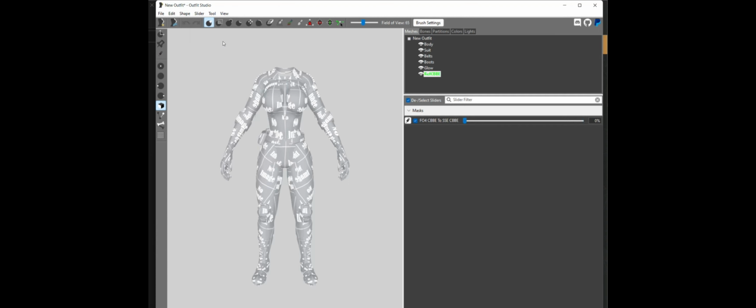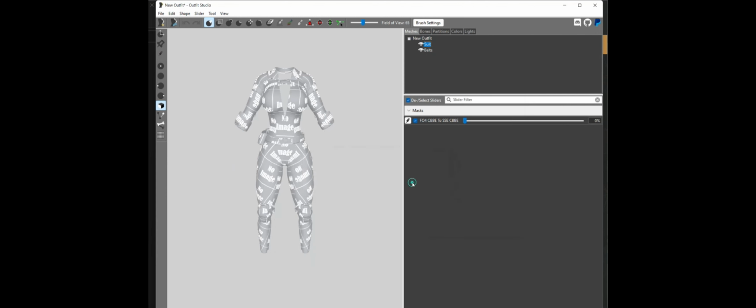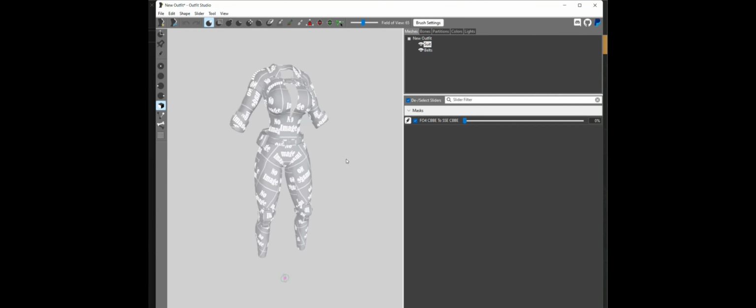Once this is done, I'm going to get rid of all the meshes that I don't want to keep for my armor. So body, definitely I don't need that. Suit, I'm going to keep it. The belt, of course, I will keep it. The boots and the glow, I'm going to remove them, as well as the reference. So delete everything that you don't need and keep just your armor. So we have our armor there.